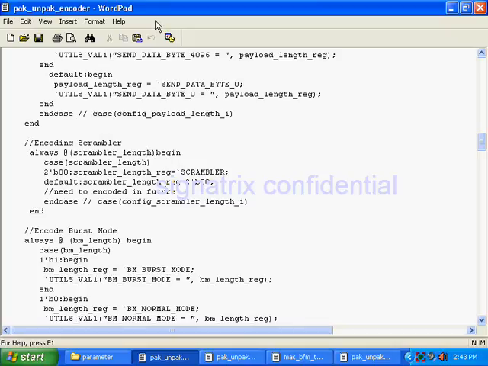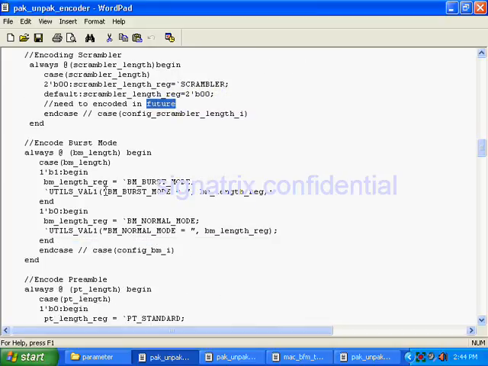So what we are doing? We are simply passing the parallel data, 8-bit data. You've seen in UTMI also, I told you in the USB discussion. So you see scrambler is a feature that is present in the PHY. You should not take care of this, but in order to make it generic, you have to mimic that thing here, because suppose in future you are going to purchase the real PHY. In that case your MAC should be able to configure your PHY, so you have to include this feature. Needed to encode in future, I've written.